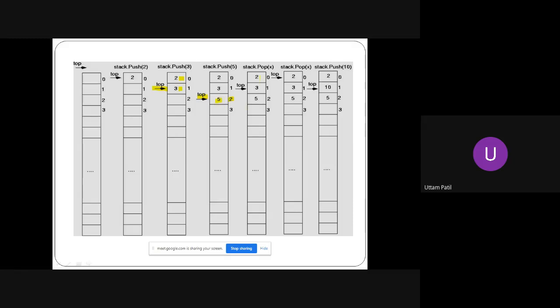Now next, he is asking about the pop operation. So pop, what it will do is, ignore the parameter x there. We will not need it. While popping, I don't need any parameter. While popping, what I have to do is return whatever is on the top. Now this is my current stack. So what is on the top? It is 5. And how do I know that? Because top is pointing to index 2. I return whatever top is pointing to. Top is pointing to index 2 and the value is 5. So I just return 5.